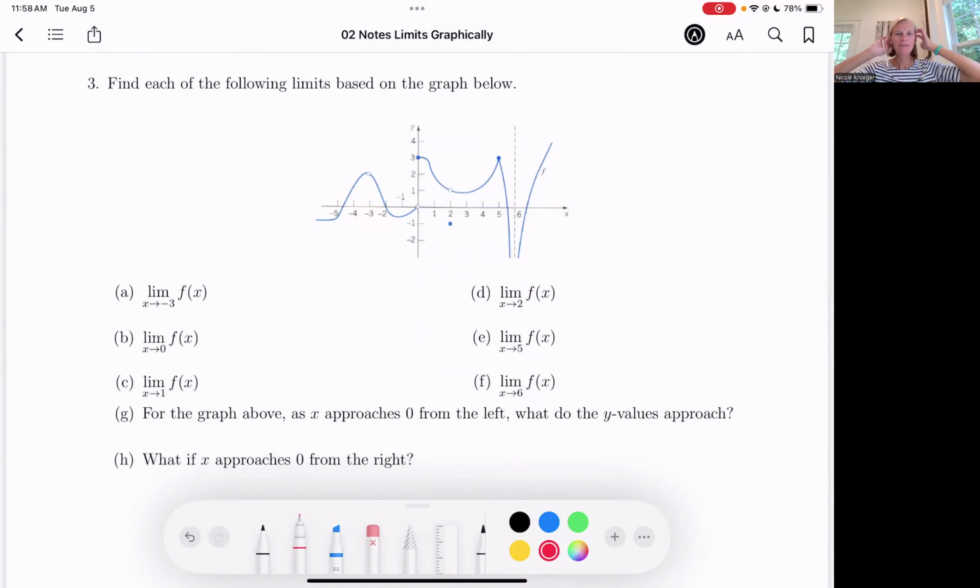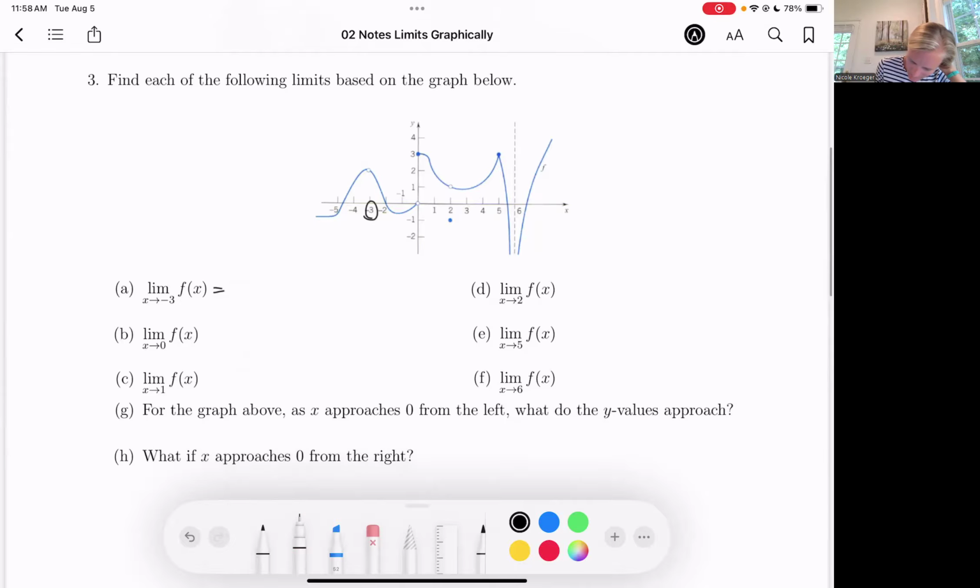So why don't you go ahead, stop the video here, look at the graph that I've given you now, and compute all of these limits here. Okay, I'm going to go ahead and keep recording, but you should stop and try them on your own before you watch my answers. Okay, so as x approaches -3, the y values on this graph are getting closer to